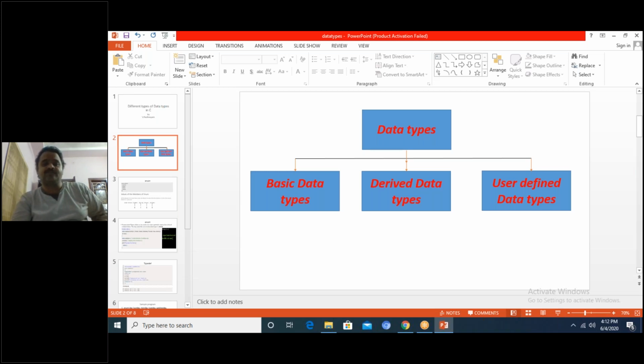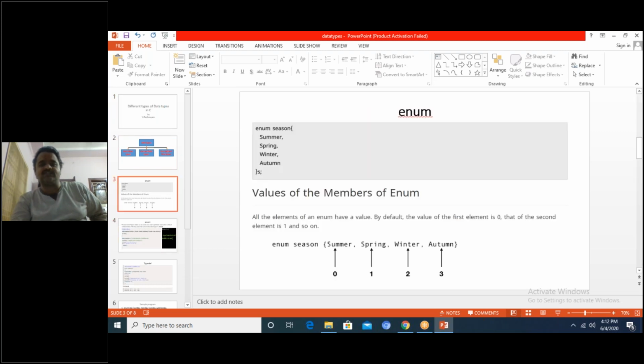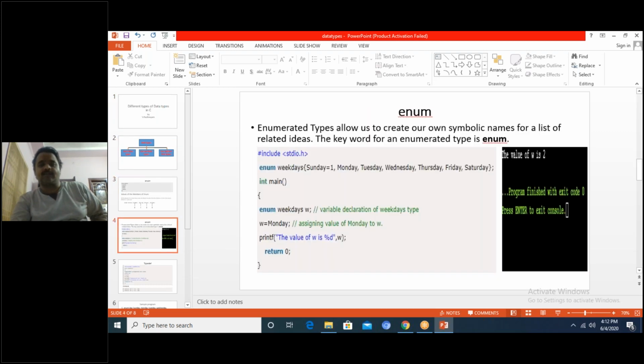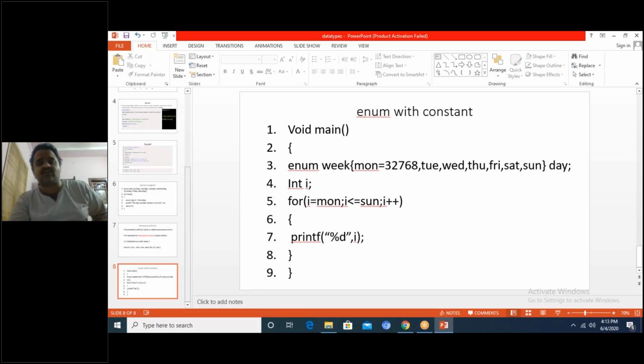Derived data types are array, structure, and string. User defined data types are enumeration and typedef. Enumeration has standard enumeration, anonymous enumeration, and enumeration with constant value.